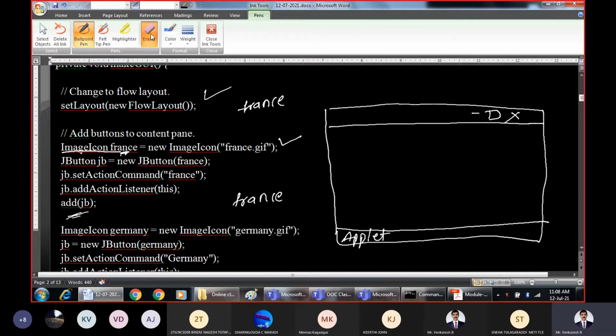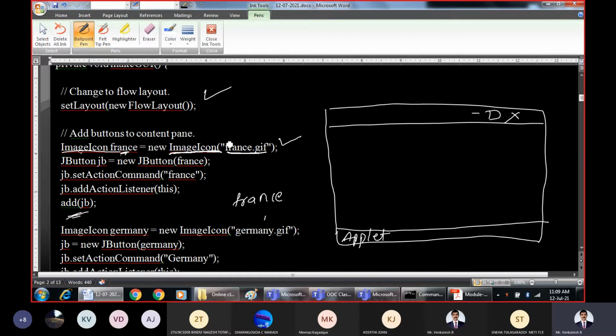We have created France as a reference variable which can hold some image. That is the LHS part. In the RHS part, we are creating a new ImageIcon by passing the image as the parameter. What is the image being passed here? The image being passed here is France.gif.